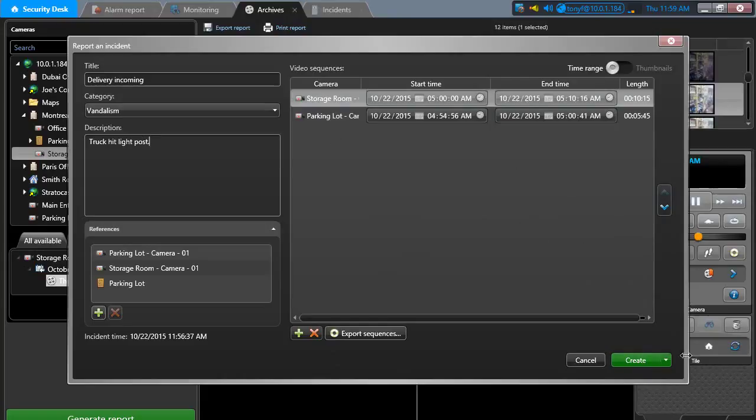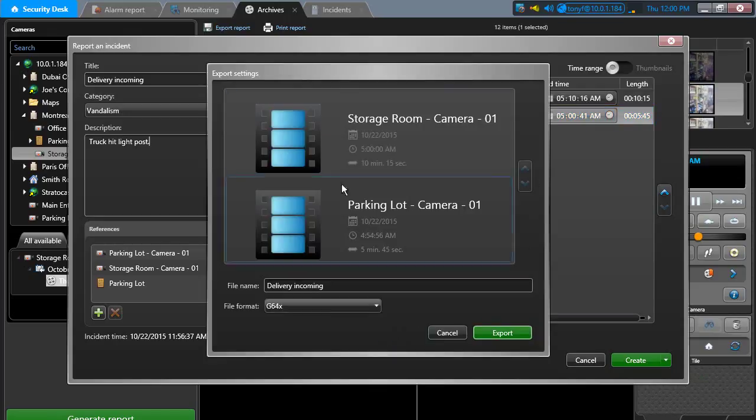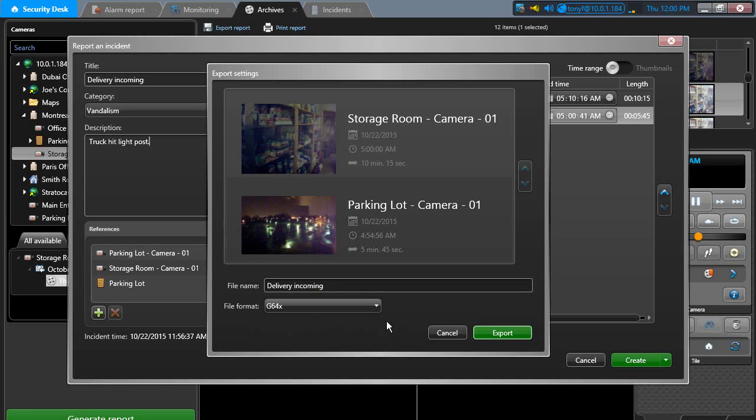And of course I can either create the incident, or I have our drop down here, so I can choose to create and email that to somebody right away. Or I can create and export it as well. Another thing with the video here is I can choose to export the sequences right from here. So I click on the export button, it's telling me the video, it's telling me the time range and the length, and I'm going to give it a file name here, and we can choose the file format. So of course we've got the new G64X file format, so